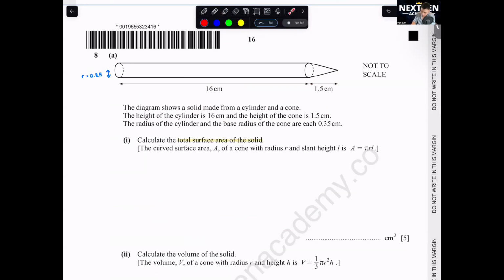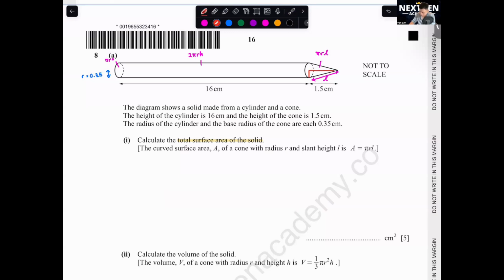We're going to break it down part by part. The bottom here will be pi r squared. Over here will be 2 pi r h. Over here, the area is pi r l, where l will be the slanted height. The first thing we want to find is this l first. And to find this l, you need to